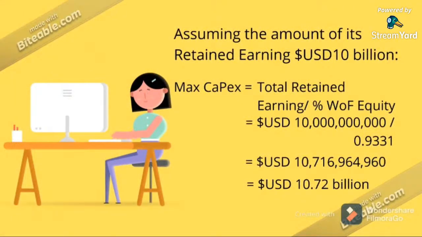We can determine the maximum capital expenditure by using the formula: total retained earnings divided by weightage of equity. By assuming the amount of its retained earnings is 10 billion USD and the weightage of